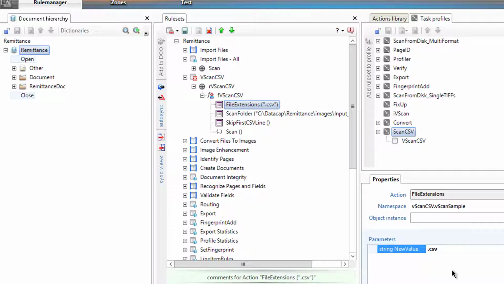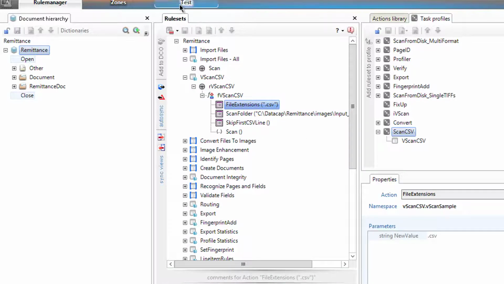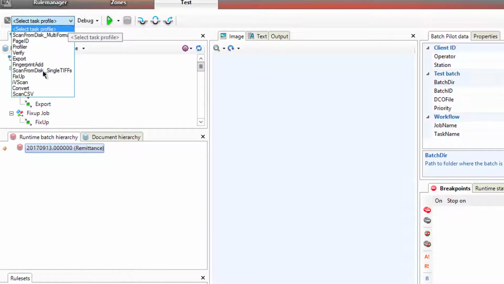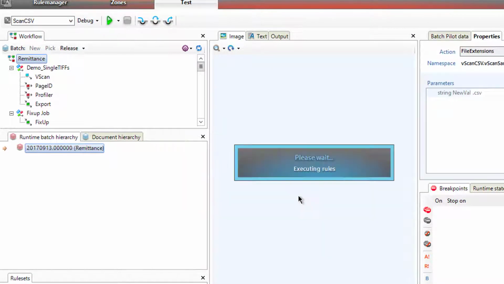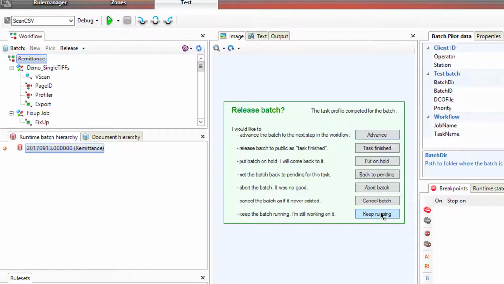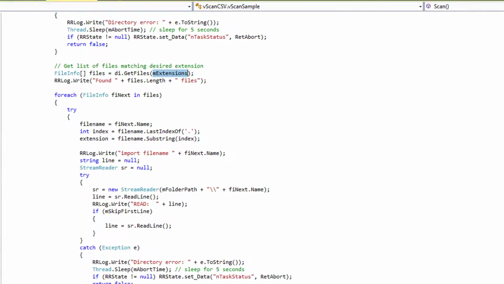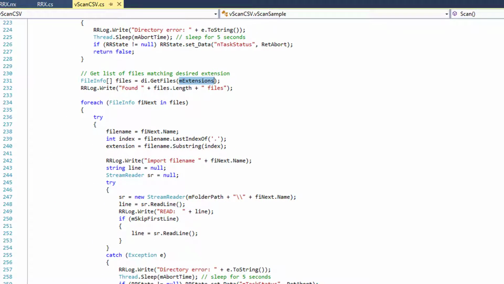Change that to .csv. Publish that rule set, test again, come back from scan CSV, click play. Still didn't work. So now it's time to add some debugging around that. This is where you kind of get into, you know, you're building the